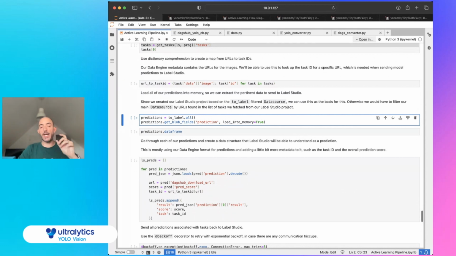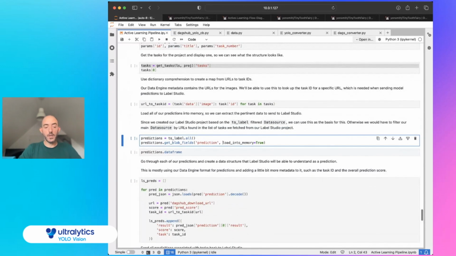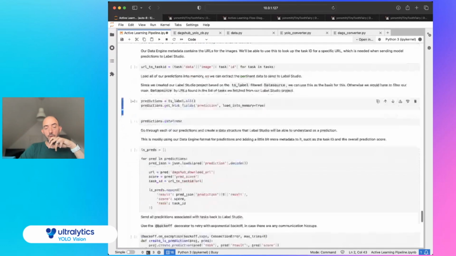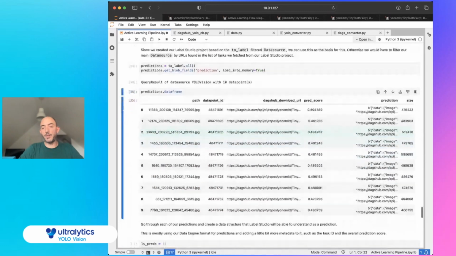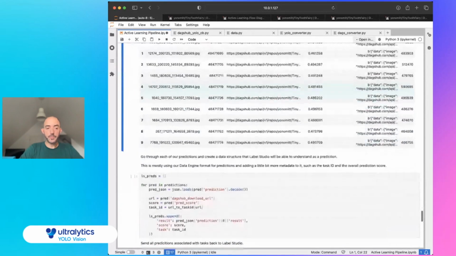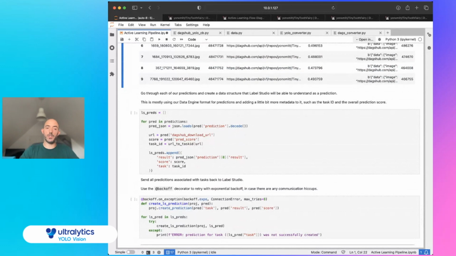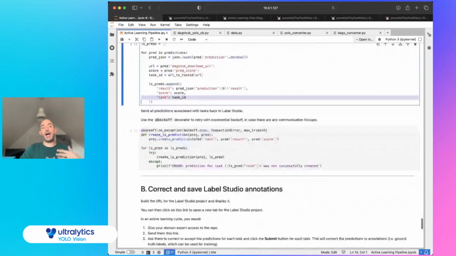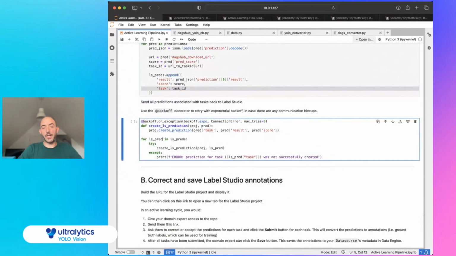So it would convert those hashes into, I think this we can actually run, the actual predictions that we had before. And if you see the data frame, we now have those predictions in place. Next, we convert these predictions into a Label Studio format, which includes just basically the result that we got from the prediction, our confidence score, and the task ID from that URL to task ID map. After this, what happens is we would send these predictions to Label Studio, which would allow us to then